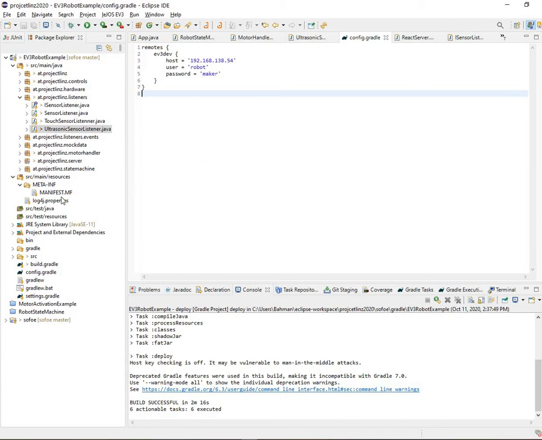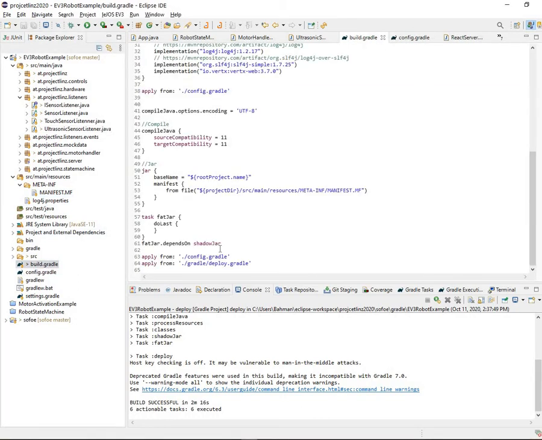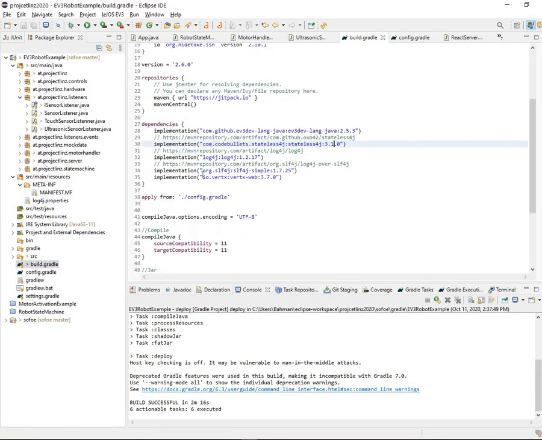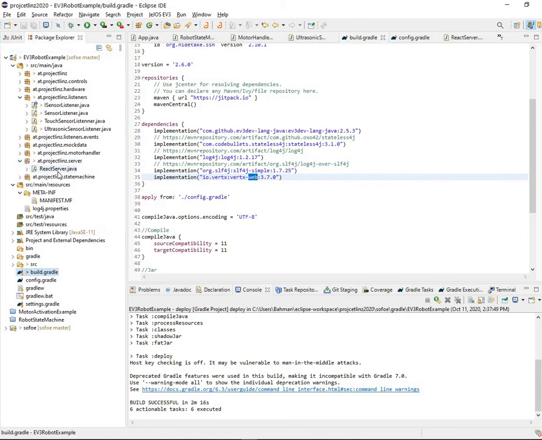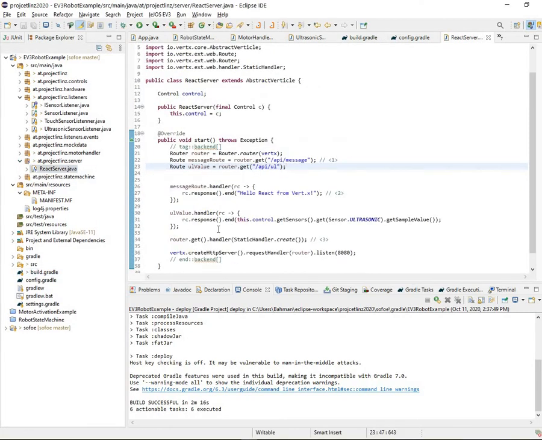And the Gradle tasks are also contained inside a file called build.gradle, and in the build.gradle you can give the dependencies that you want to use. For instance, for the sake of the communication between the user and the robot, we will be using Vert.x, and Vert.x will provide us a very simple way to communicate through the web,